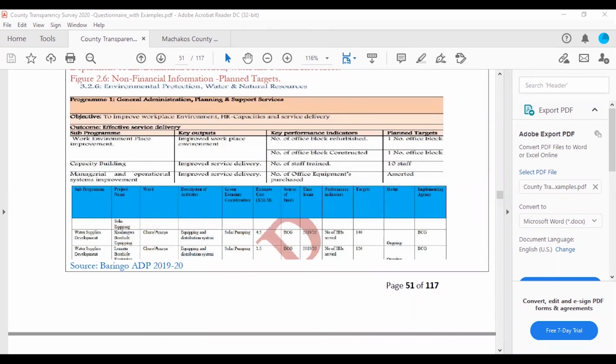So, as I've stated, we are coming to the end of this particular document, and in a minute or two,